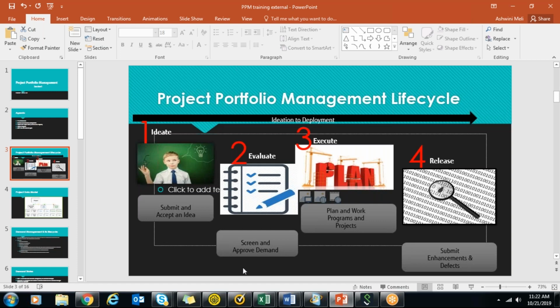And then release, whenever there is an enhancement, defect, project, how it proceeds and finally gets into the production instance, or finally is being released. Until that, the project portfolio management life cycle is involved.